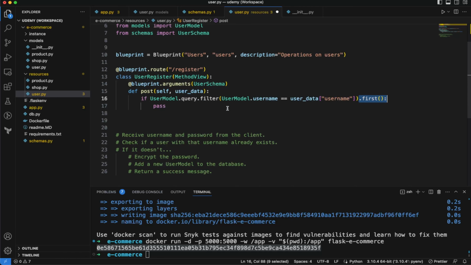So if that exists, then here we can say abort. Okay, so we'll abort by using 409. The status code 409 basically means that we have a conflicting request, right? Because the username already exists. So in that case, we're trying this 409 status code, and let's try a message, and